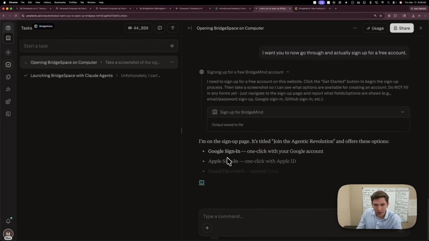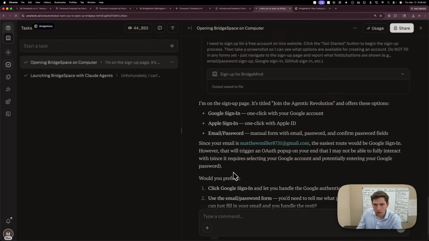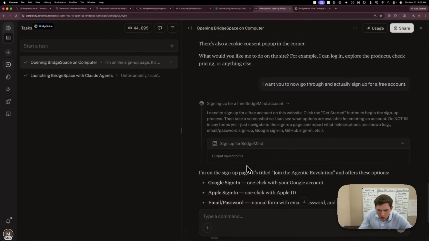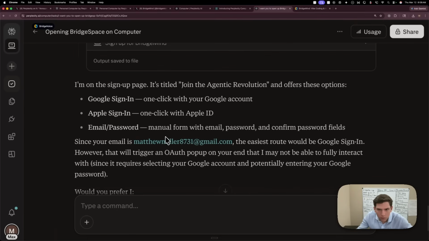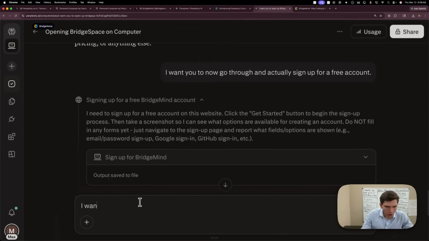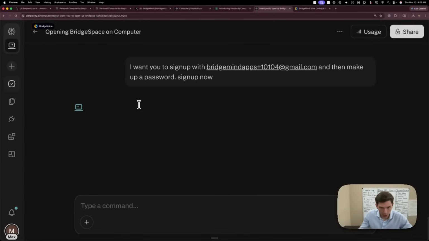So is this able to actually sign up? Let's see here. Wow. Let's have it sign up with just a random email. I want you to sign up with BridgeMind apps plus 10, at gmail.com, and then make up a password. Sign up now. Let's have it sign up, and if this signs up, I think what that means is